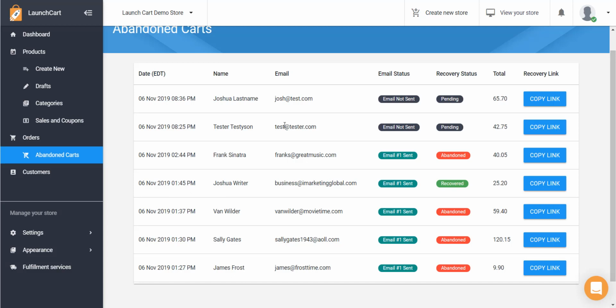So we've just turned this feature on. It's brand new. It was just released today. But go to your Launchcart admin, check it out by going to the abandoned cart section. I'm going to walk you through right now exactly how this works, just to make sure we're super clear on